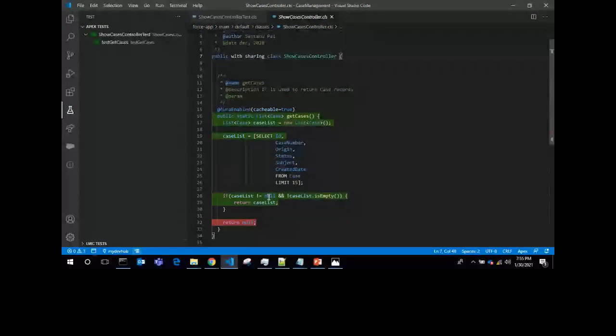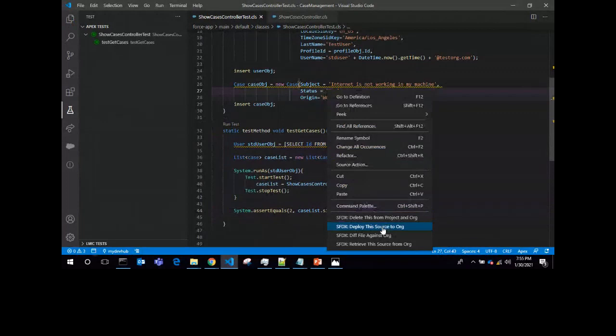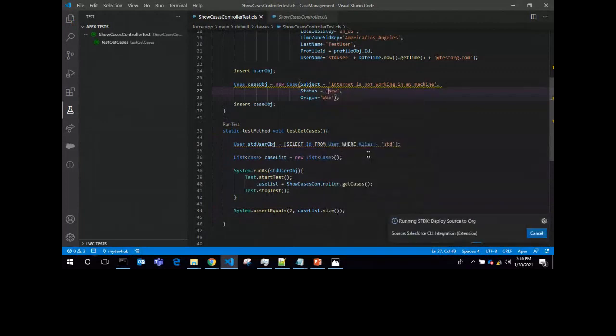And let's assume that I mention here assert equal to 2, and I try to deploy again. Deployed successfully.